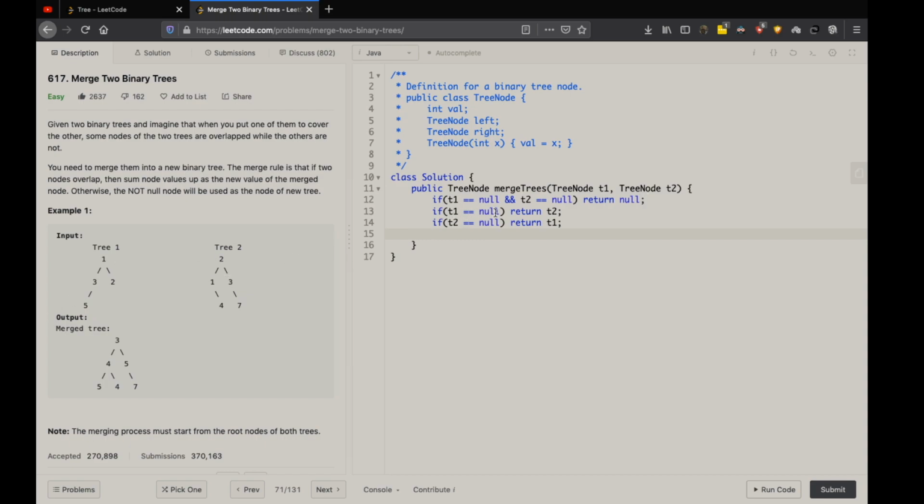So in this case, T1 is equal to null. This right child of 3 is null. So we return T2, 4. If T2 is null, if the left child of this is null, we return T1, 5, right? And the last case will be simply to create a new node that will be the sum of both the nodes